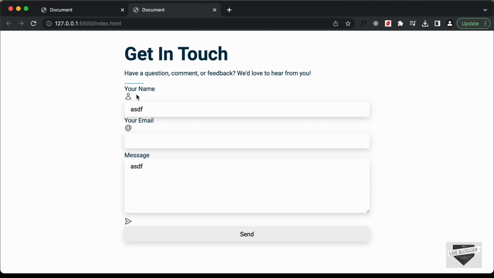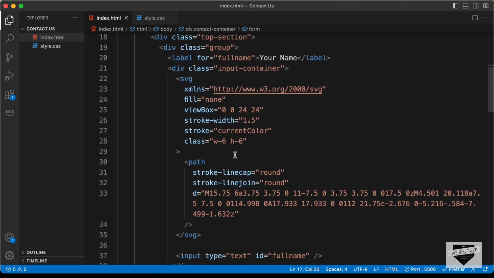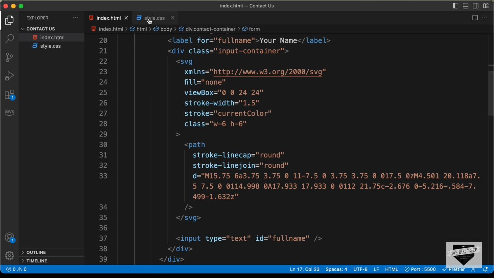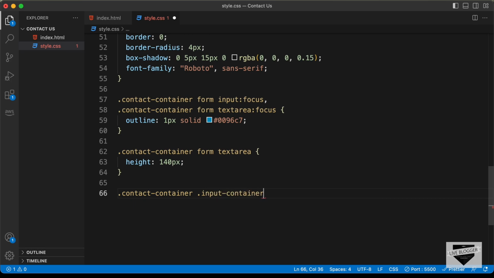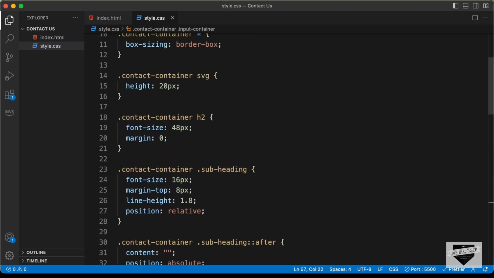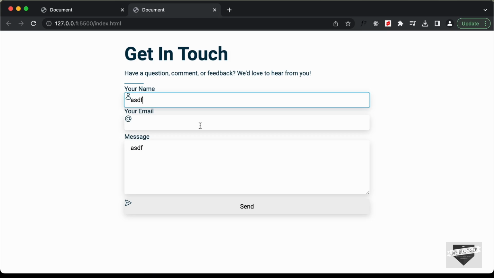Now the next thing we need to do is place this icon inside this input field. So for that let's go ahead and set the position of the container division of the input field, which is input container, to relative, and then we can set the position of the SVG to absolute. So here let's type contact container input container, and let's set the position to relative. And now for the SVG, which we have selected over here, let's type position absolute,